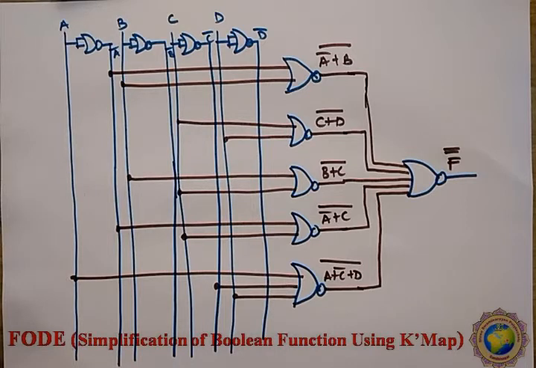Okay, this question also asked like that: simplify the given Boolean function and draw the logical diagram using simple logic gates. You may also be asked to draw the diagram using the logic gates we have learned. So you have to make practice of both. You have to practice both.